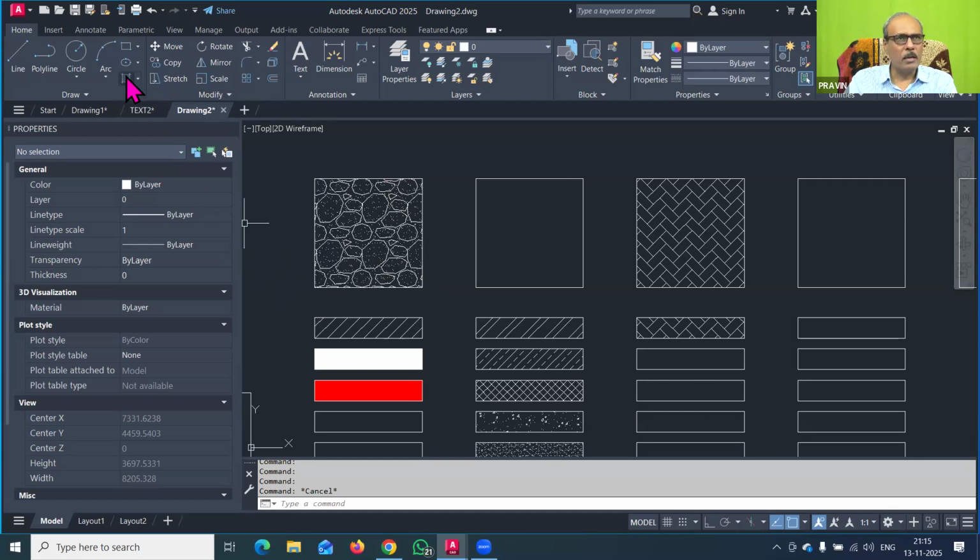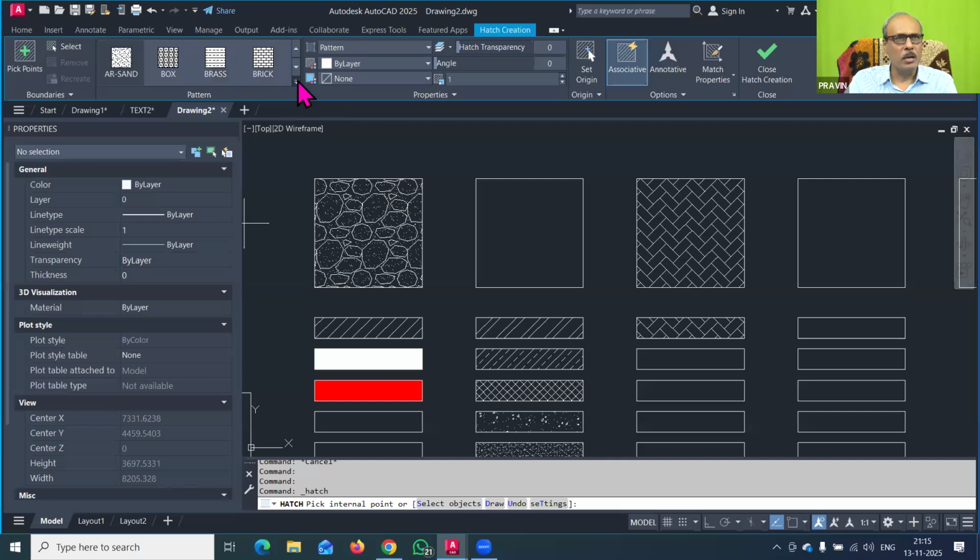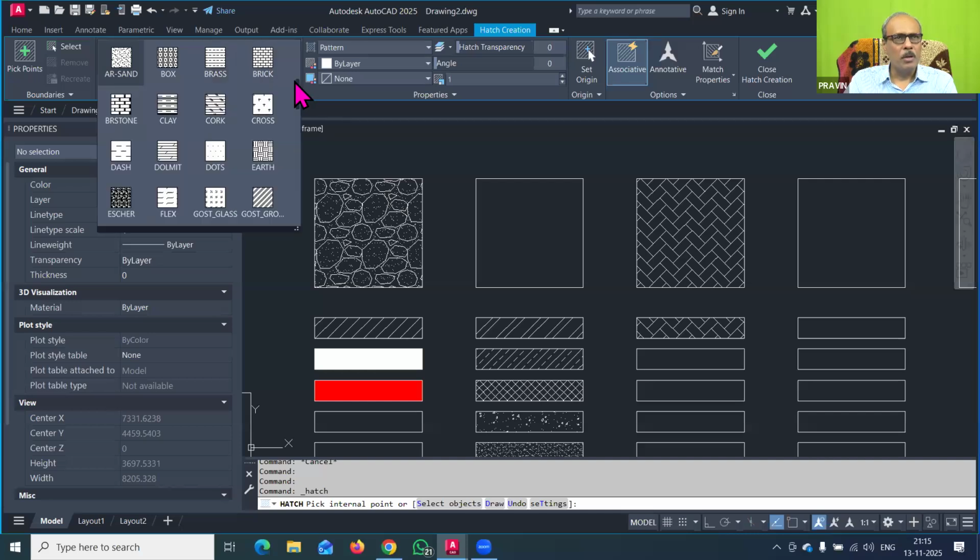Then another pattern that is useful for our civil engineers is that you can take the different types of elevations. There are so many things there, but the gravel is important. And then the other thing that I have shown you, I have shown you the stone masonry also, then brick masonry also.